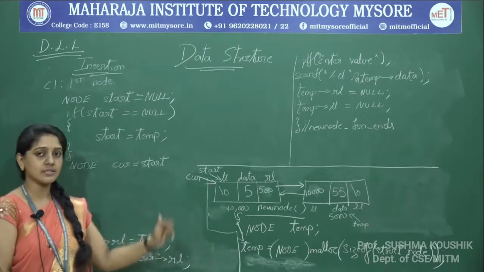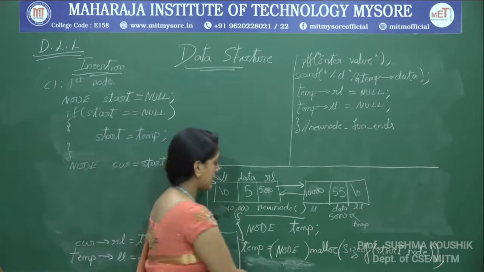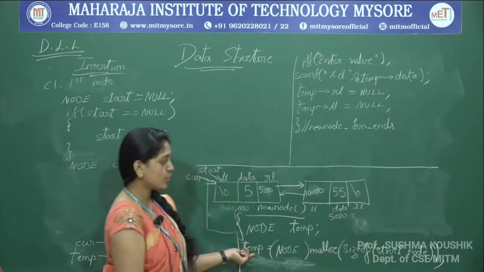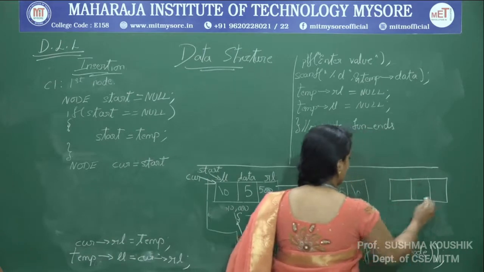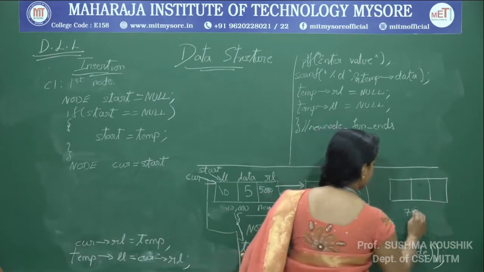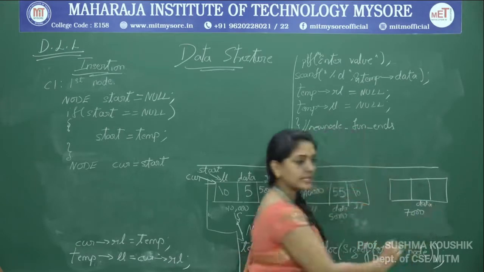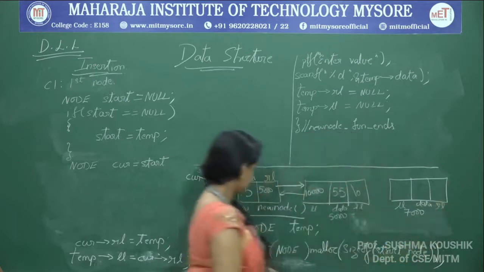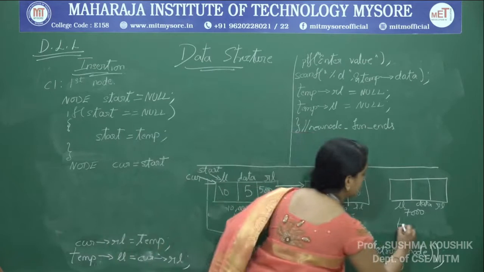But we will take the next scenario right now. I will call new node one more time, and now temp will not be pointing to the old node, because when I call the new node function, it will create a new node for us with some other address, probably 7,000 if I assume. It has 3 fields as usual: data, LL and RL. Now the 7,000 address is held by the temp variable.